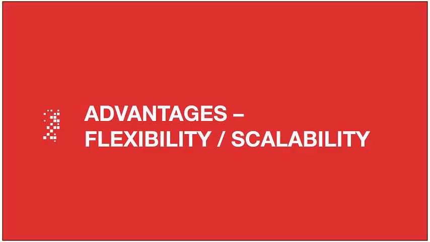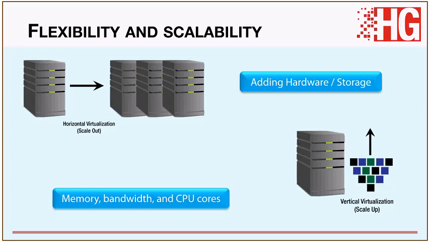Obviously, if you're in an environment where there's a lot of growth, whether it be data growth or computing processing growth, the virtualization actually allows you to provide two types of flexibility and scalability. One is horizontal, where you scale out. So you can add more hardware, more storage, you link it back, you continue to multiply because you have a fast-growing environment.